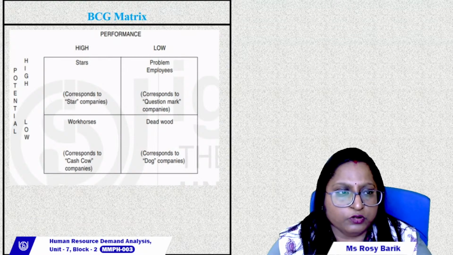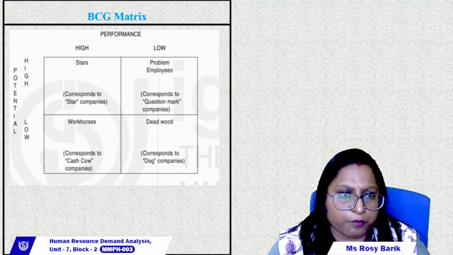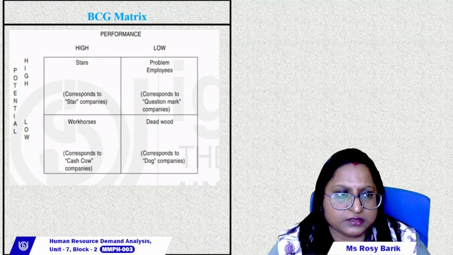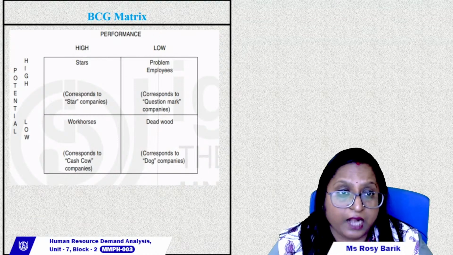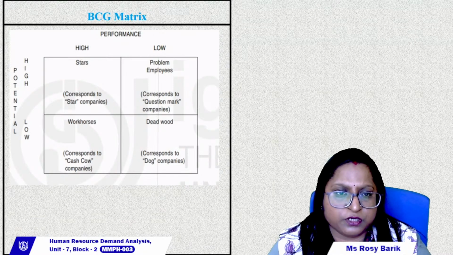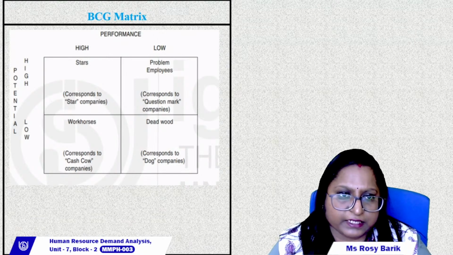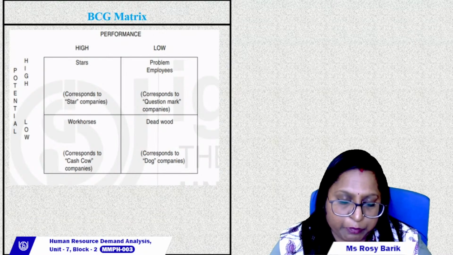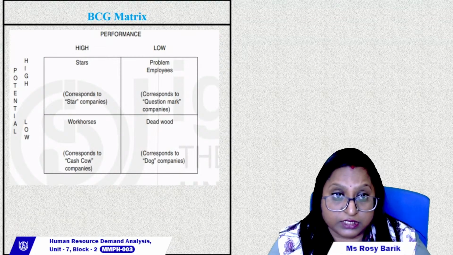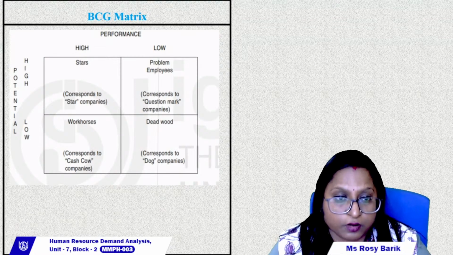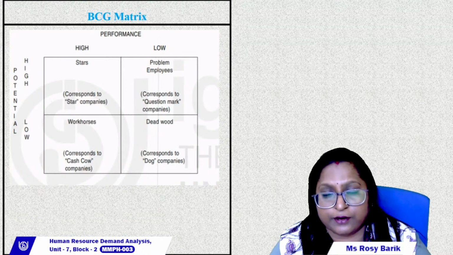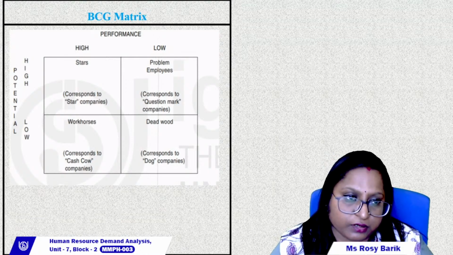Then low, both high and low. Population is high and performance is low. That is problem employees. That corresponds to the question mark of the companies. That means the employees are maybe surplus for the organization, or the employees are not like the potential ones. Then